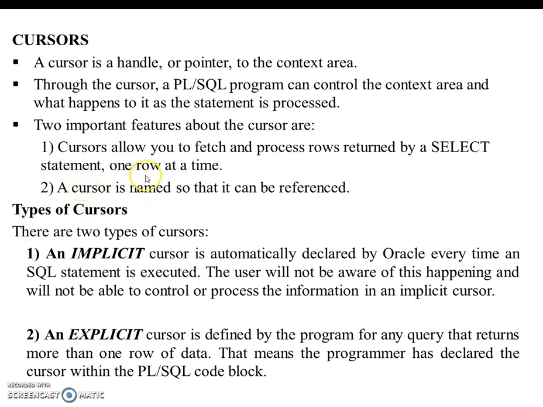So depending on this architecture, cursors can be divided into two forms. The first form is the implicit cursor, which is a system defined or internal cursor. Okay, that is declared and executed internally or automatically by the Oracle server, which is aware of something happening by a program which is written by a user. So that control or process gets performed implicitly or internally by the system, termed as an implicit cursor.